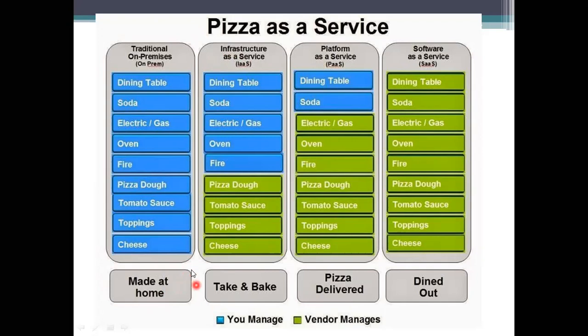So how am I going to process this? These are taken as the resources used to make my service available. What is the service here? I want to make a pizza. So I have taken the traditional on-premises approach. Traditional means you have your own software, your own operating systems, and you don't have to go for any virtual environment. Whatever is done, you do it on your own systems.